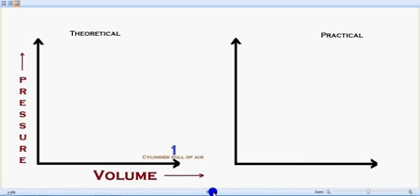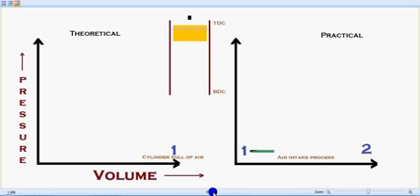So in the theoretical concept we assume that the cylinder is full of air, which is practically not possible. In the practical concept, there is an air intake process happening from 1 to 2. Initially, the piston will be at top dead center and it gradually moves towards the bottom dead center as the air intake process progresses. So you can see the piston moving down and the air intake process progressing from